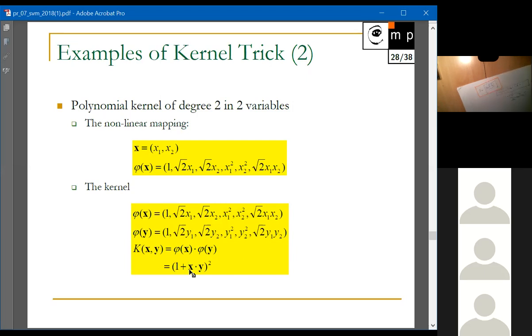If you prepare the data matrix and you run your quadratic optimization problem, what do you get? The maximum margin, max margin, linear classifier. What do you have to do with this data matrix to get a max margin classifier which is quadratic in the original space? You take this data matrix,